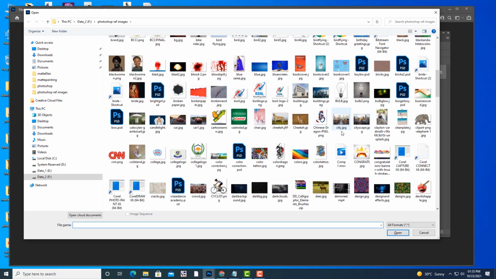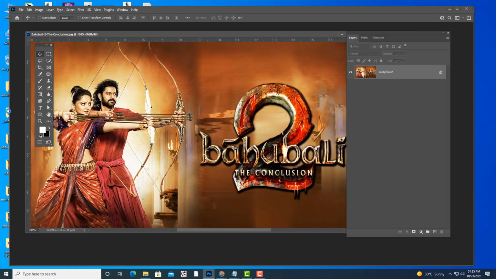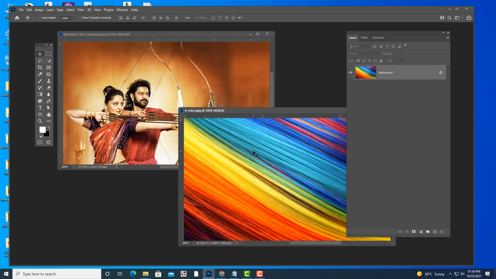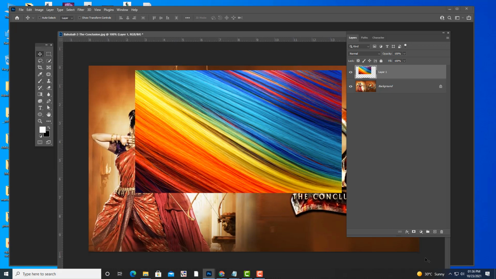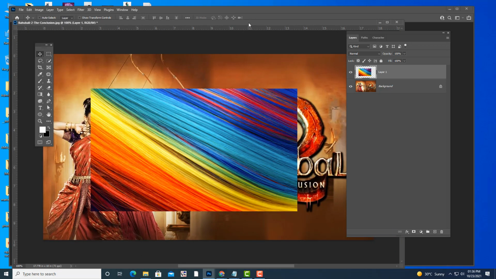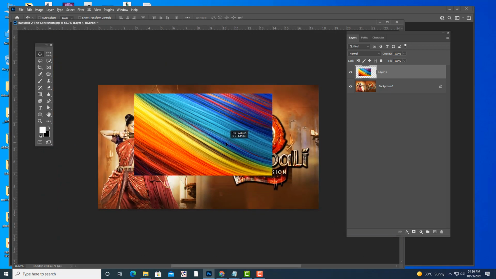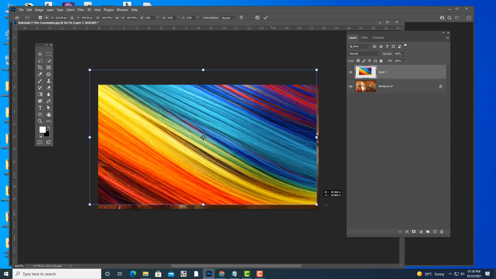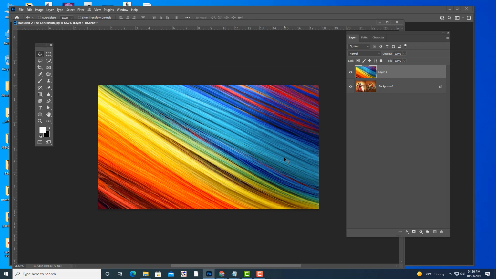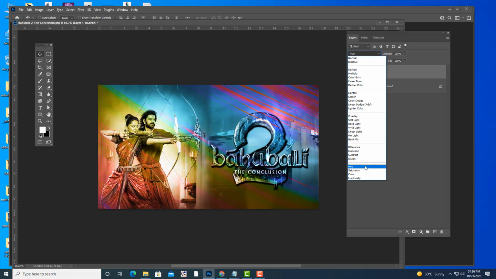Good. I have taken only the rainbow colors. I have not taken black and white colors, because I am now using this last blend section.